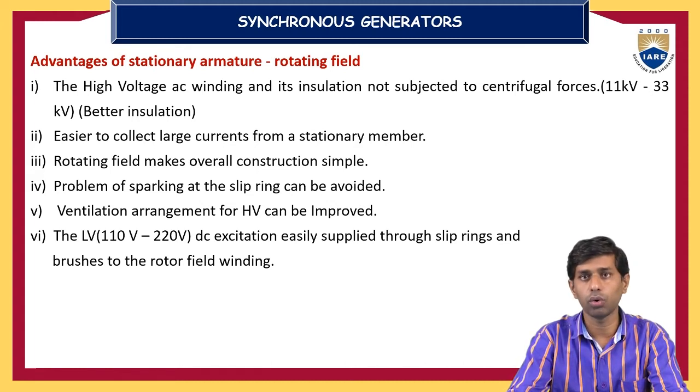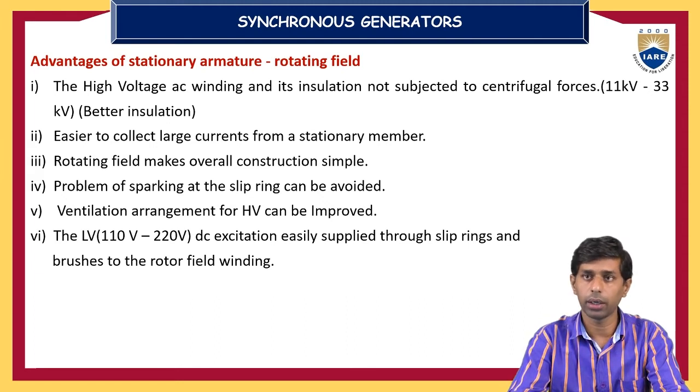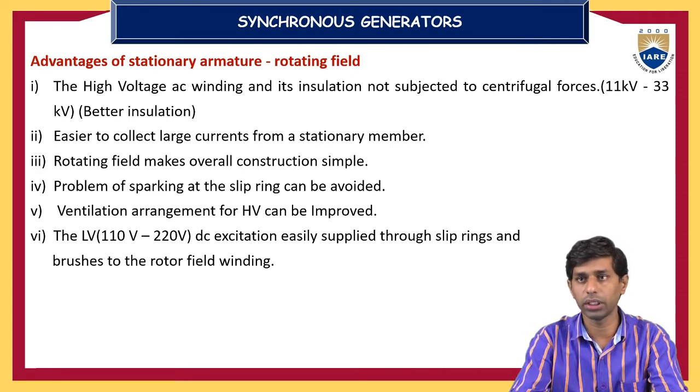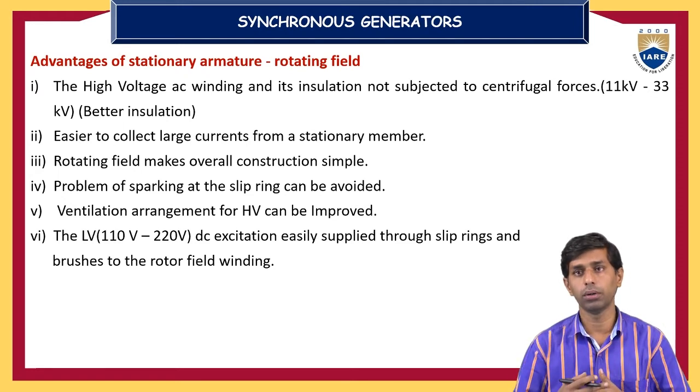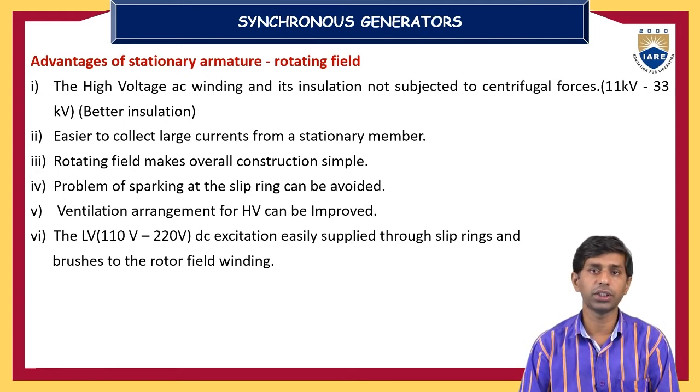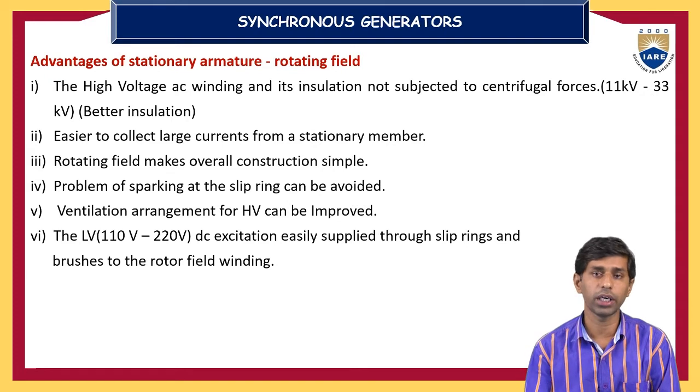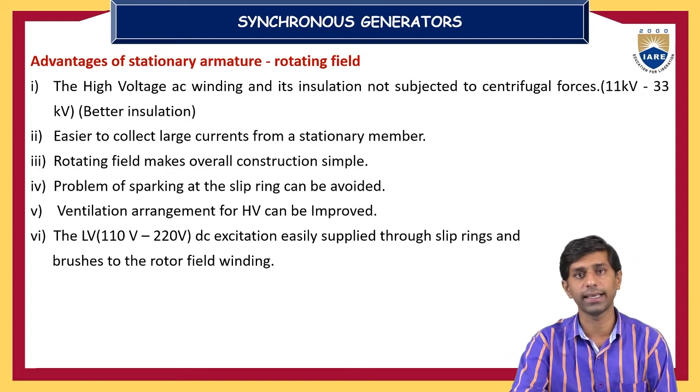In that case, better go with the stationary armature winding, because the size or weight of the winding is much higher compared to the field winding, and this 11 kV and 33 kV or more generated energy or induced EMF would be flowing through the slip ring and brush arrangements. It is very difficult. That is why we overcome those difficulties by shifting the armature winding from the rotating object to the stationary object called a stator.